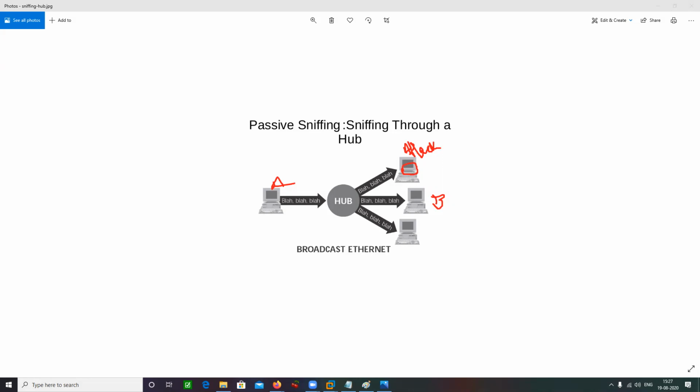We can exploit this switch, right? There are certain attacks against the switch. Can you name any one of them? Don't recall any, not an issue. What about others?